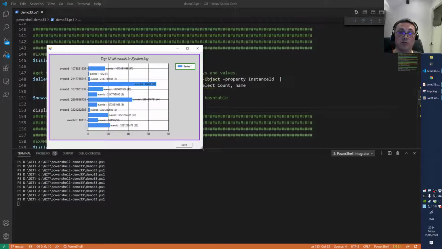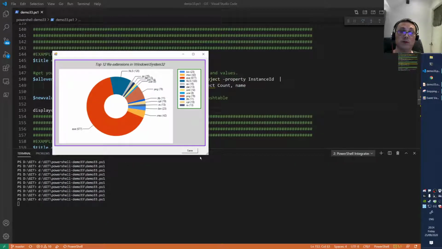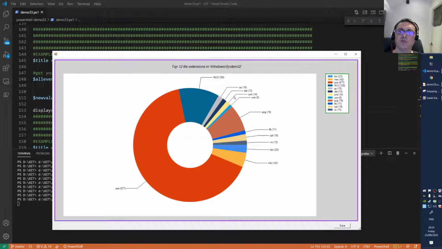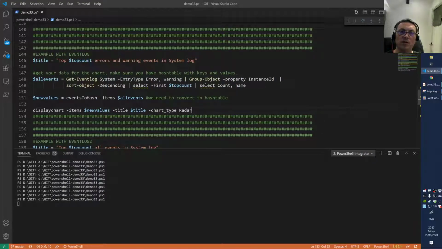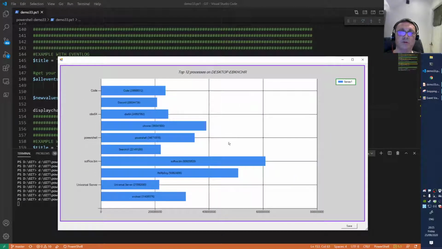So these are all the system events you see. Those also have now those nice green, ultraviolet bordering we added. And we wait for the next example. This is the donut overview for the file extensions. Also has some nice formatting now. And this is the stacked bar example, I think, for the processes on my system.